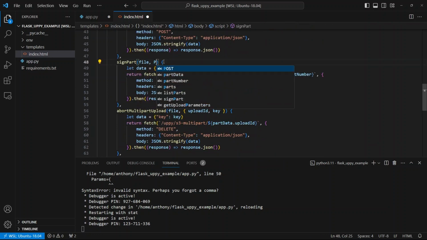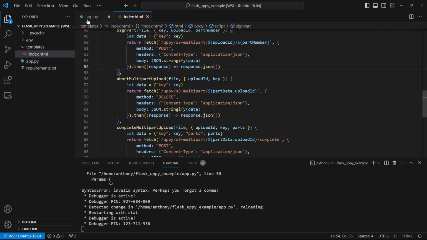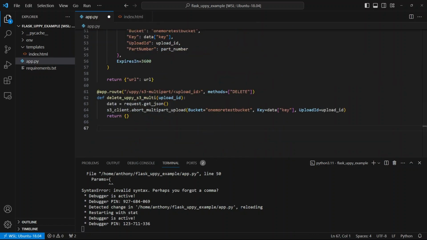So I need the key, the upload ID, and the part number here. And then I'll just remove part data from here, just so everything is consistent. So if you go on GitHub and get this code, everything is consistent for you. So it all makes sense. So let's just do that. And now I can go back over to the Flask app for the final time, assuming there are no errors,